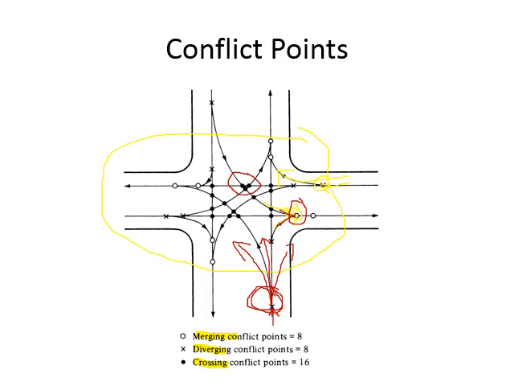So you have people taking a left turn from here to here, and you have another person taking a left turn to here. So they are coming from different roads going in different directions, but they are meeting at a point. So this point becomes a crossing conflict point. When you are designing the intersection, first of all you make a sketch of the intersection and identify how many conflict points you have, and then you try to do some channelization so that each of these conflict points is removed. Okay, so for example you provide a traffic island here so that this conflict point will be removed, or you provide a signal here so that this conflict point will be removed, and so on.